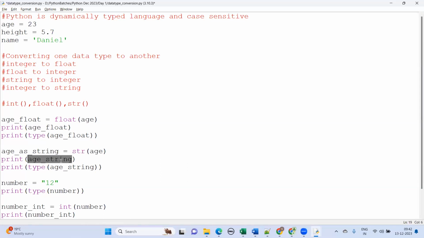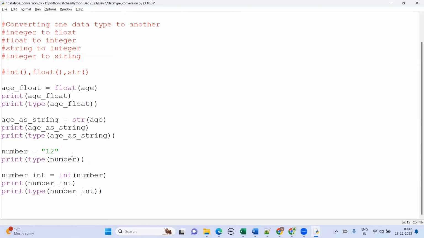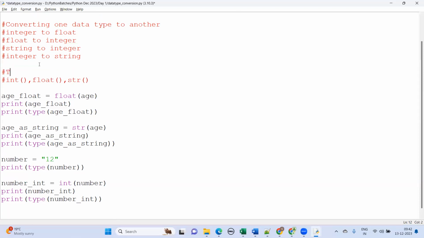Even if I take the same thing, number is equal to 12, assuming that 12 is a string, then how are you converting from string to a different format? Same, because you're declaring int. These three functions are being used. What we have declared, yeah. Okay, thank you. Like the below functions